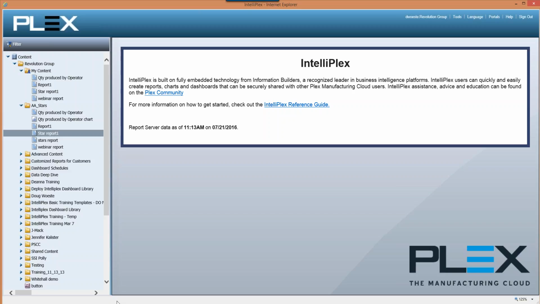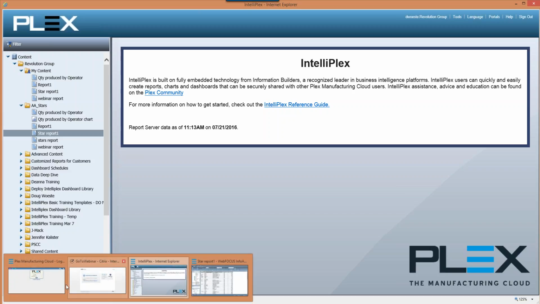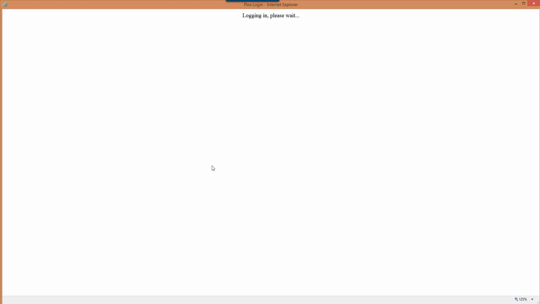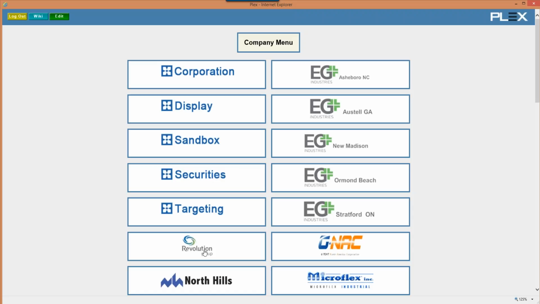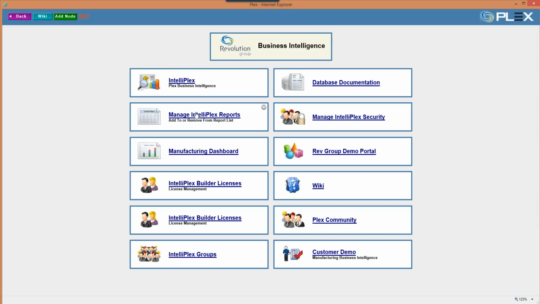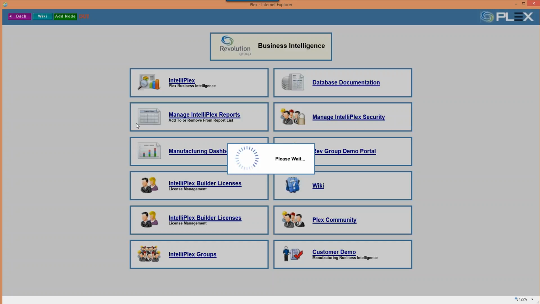Now when I go into Plex, I've got another instance of Plex here that I'll start up. I have a menu item here called Manage Intelliplex Reports.